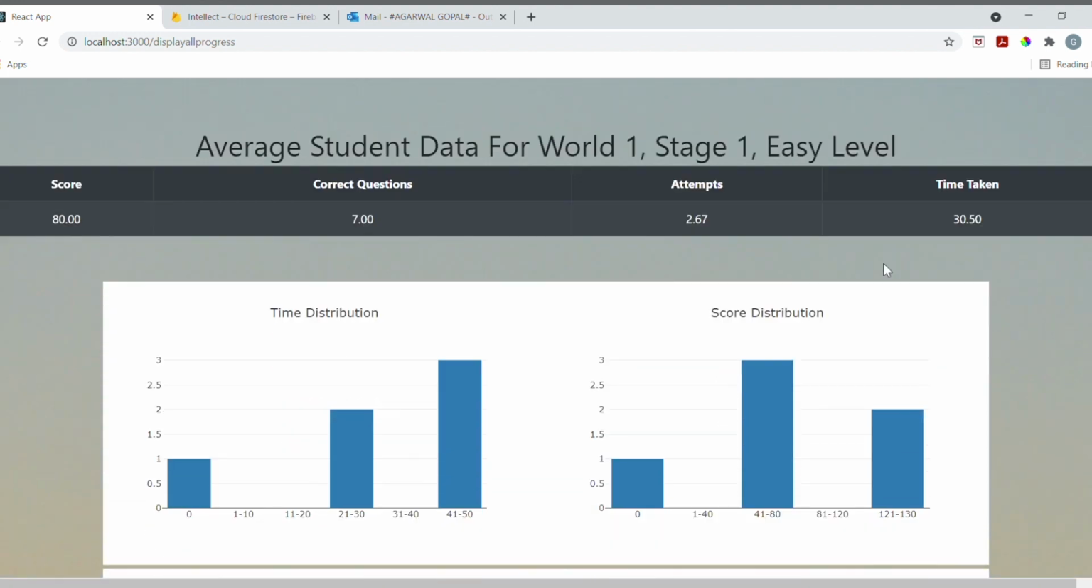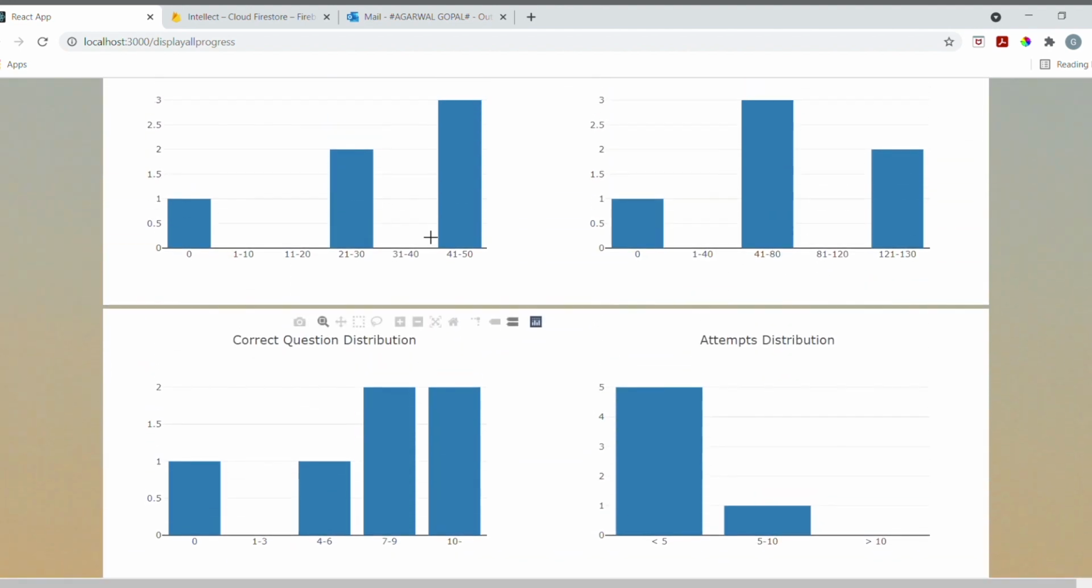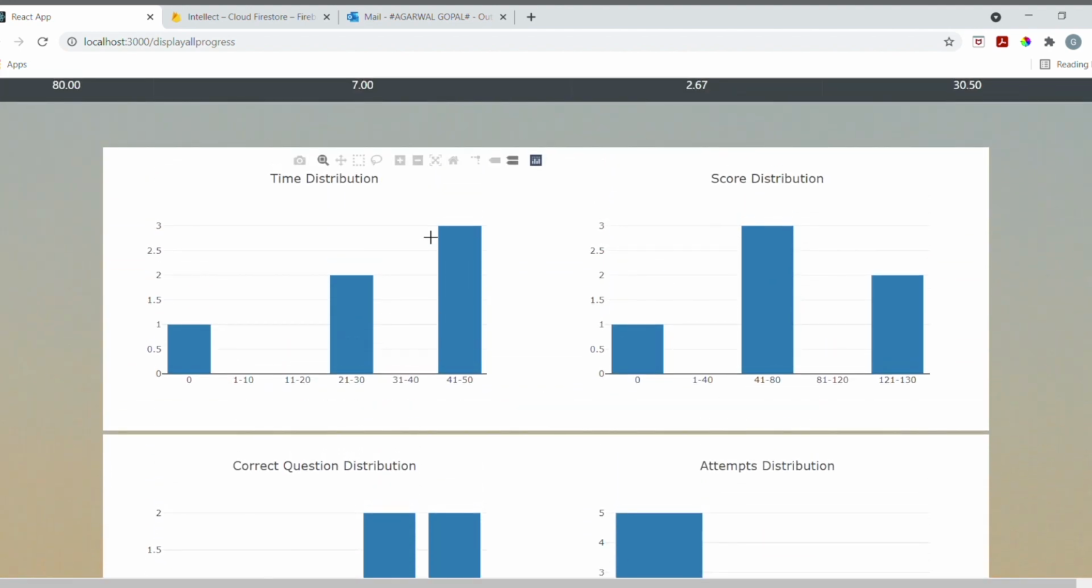We also display the average data for World 1 Stage 1 Easy, where the average score was 80, average correct questions was 7, and so on and so forth. We also have 4 histograms displaying how the distribution of the various variables look like for that particular class index, in which you can see one student who has taken 0 time, which is Gopal, GA